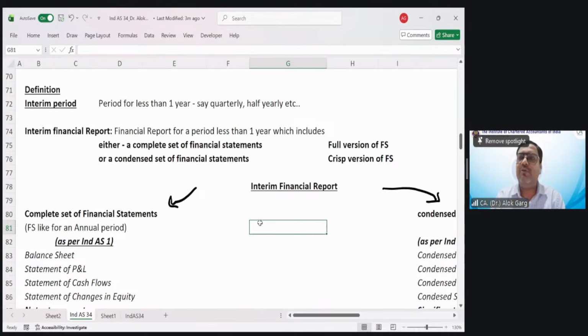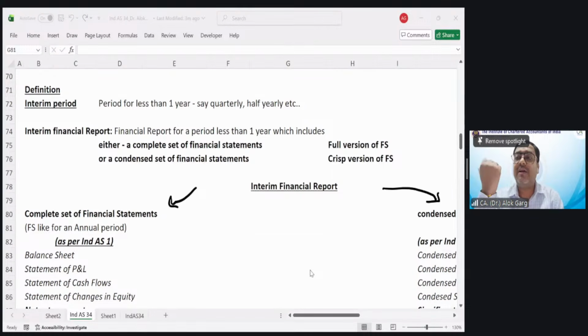Then why do I need to do this task of 60 pages? Preparation of a 60-page financial statement on a quarterly basis. Why do I need to do this task? So I told my manager, I told my boss, sir, why do we need this? He said, Alok, what is the alternative?